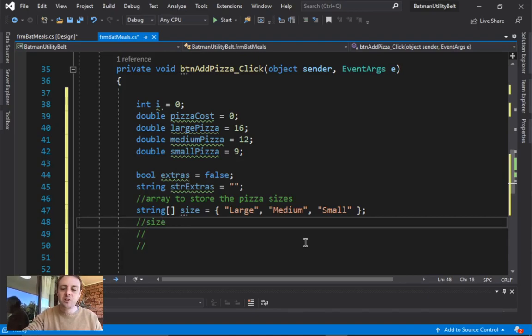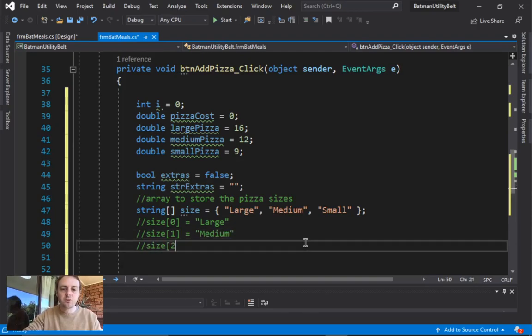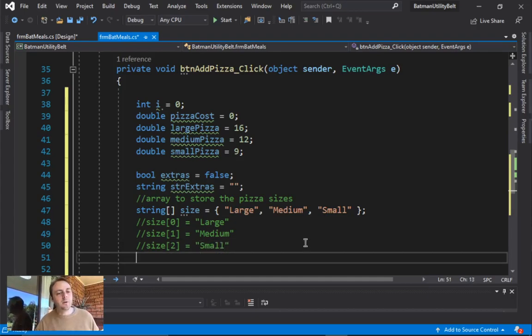So in position 0 of size is the value large. Okay, in position 1 is the value medium, and in position 2 is the value small. Okay, so why are we going to use that? Well, you'll see later on that we incorporate this by using the variable so that we only have to point to size each time. We don't have to point to large or medium or small,